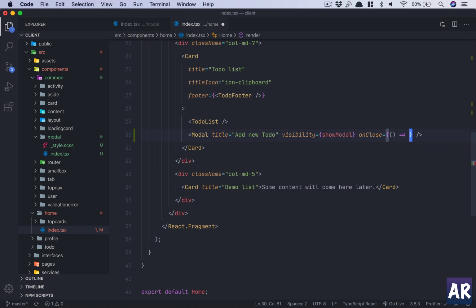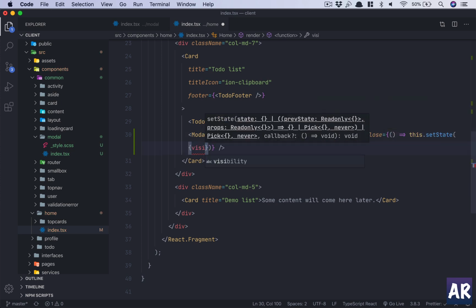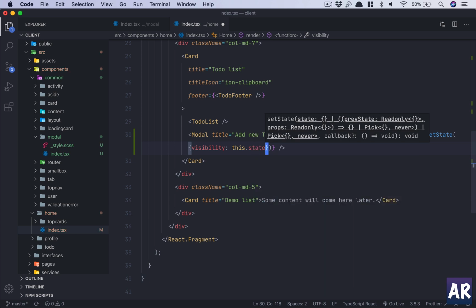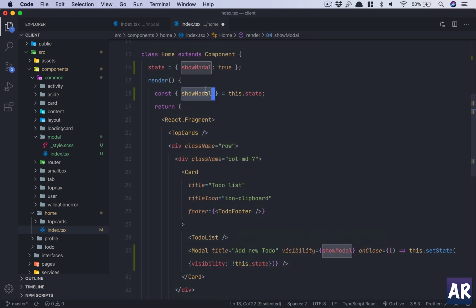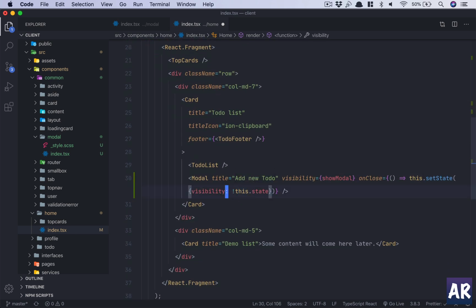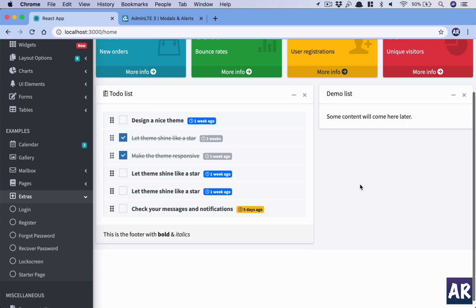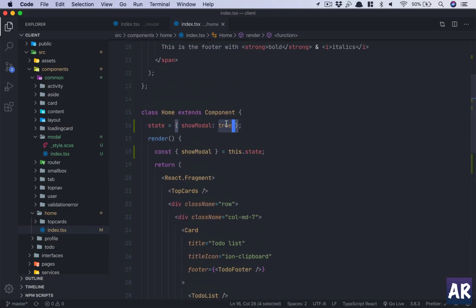So in here we'll just toggle the state. Visibility is this.state. Oh no, yeah, actually. So what we will do is, whatever is the show modal right now, I think we are already destructuring it. So show modal, what is happening? Show modal is not show modal. Once we do that, by default it should be false,